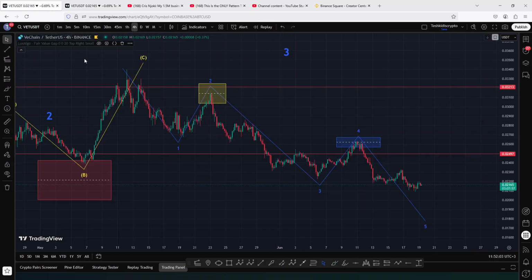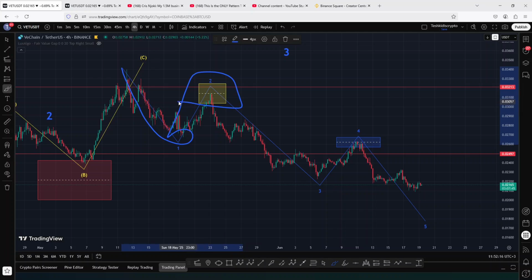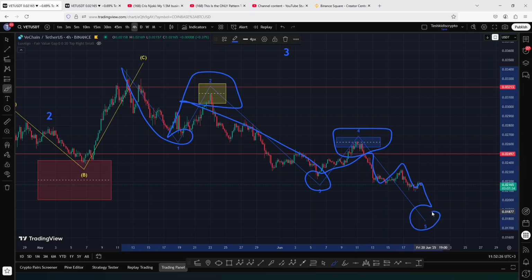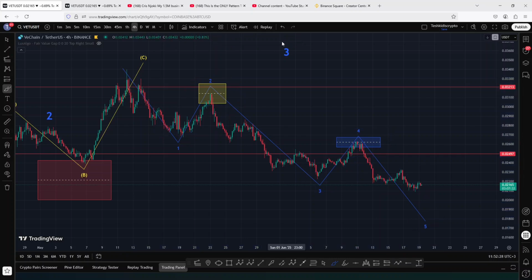Taking a look at the 4-hour chart, I have been observing a 5-wave structure where I have been terming this initial movement over here as the formation of the wave 1. Then we saw a bounce in the formation of that second wave, another drop in the formation of that wave 3, a bounce in a wave 4, and I believe that whatever is playing out at the moment is the formation of this wave 5,